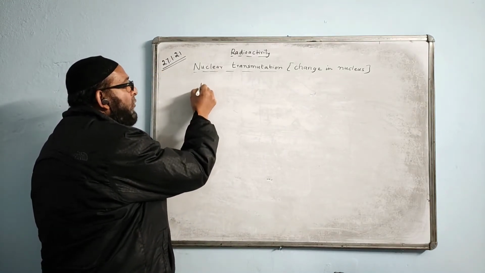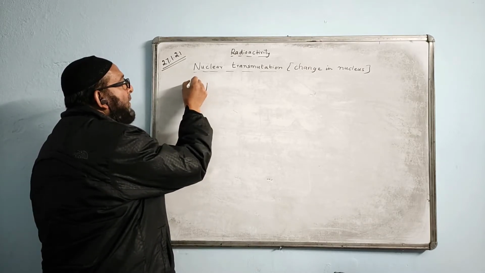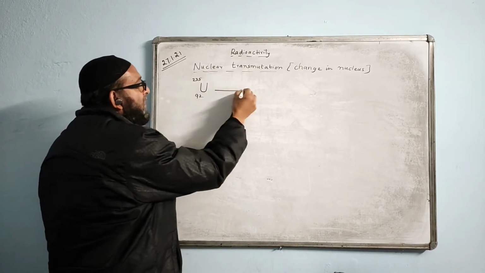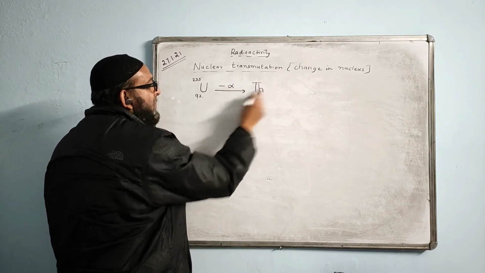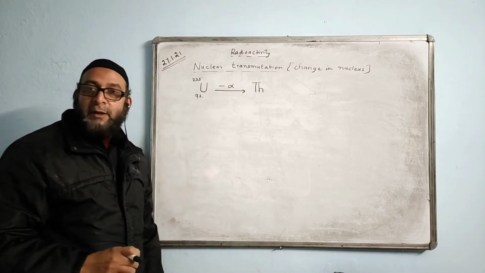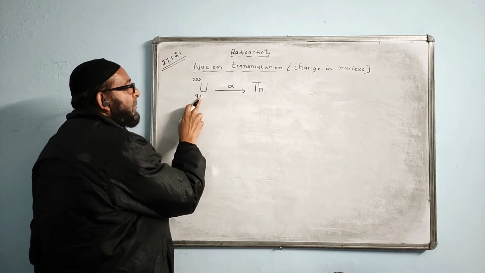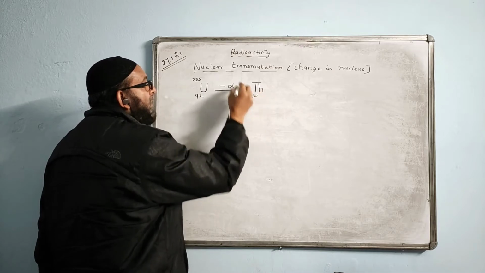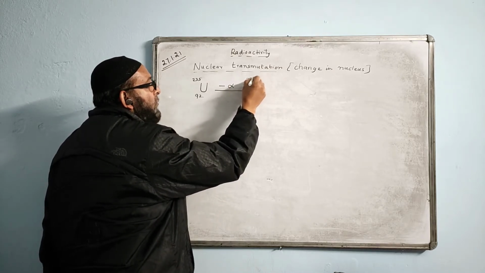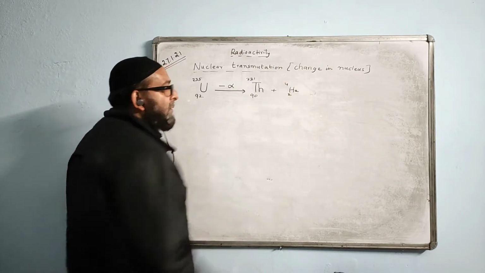Even if they do not give the atomic number, uranium's atomic number is 92 and the mass number will be 236 or 235. I like 235. It is changing into thorium, minus alpha. Thorium's symbol is Th. So uranium changes into thorium. By the standard rule, what is the new value after an alpha particle? The new atomic number will be 90, and the new mass number will be 231.